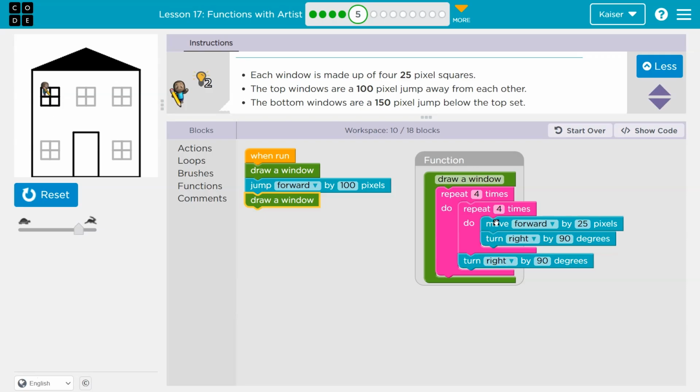Then we hit drop below, because we've run that 4 times. We turn right 90, zoop, hit the bottom of this loop, and it says 3 more times still, so we draw 4 squares. Once it's done running draw window, the function's done, it will drop below, because it ran it from here, this is where we asked it, and I'm going to jump 100 and draw